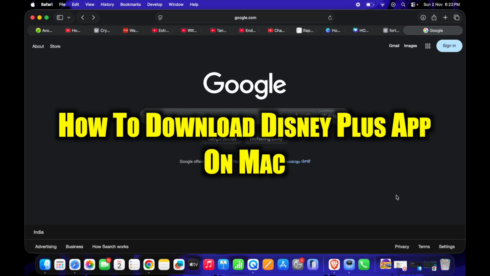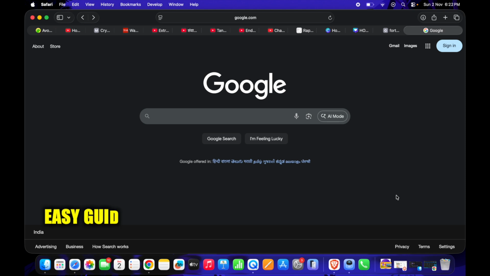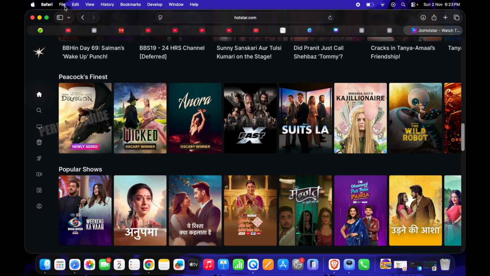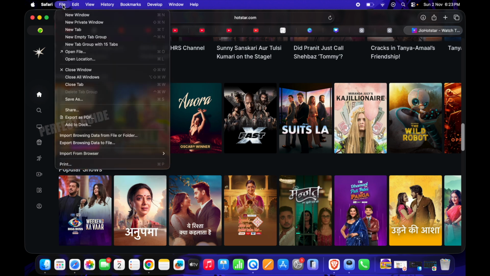Let's see how we can do it. For this, just simply open up your Safari and then search for Disney Plus. And after opening up Disney Plus, since it doesn't have any specific or official app for the Mac or the PC, you would have to simply click on this option of file at the top and then select this option